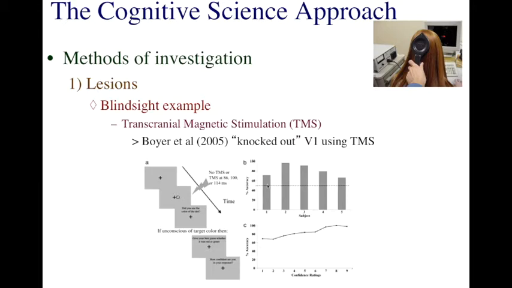So even though they claim not to see the dot, if we look at the performance of 5 different subjects, we can see that each one of them is more accurate than chance. This dotted line here represents chance performance. So if you were guessing at the color of the dot, you'd only be 50% accurate.